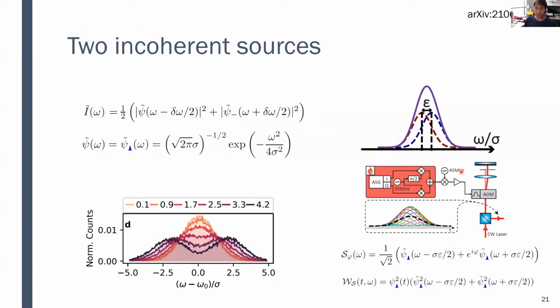So going back to the two incoherent sources, well, if we lose coherence, then the Wigner function loses the fringes, but it doesn't prevent our device from operating. And what we can get is that as we increase the separation of two simulated spectral lines, then we see that at the output of this exact device, we get two peaks, which correspond to two spectral lines. And the separation, clearly for small separations, is very hard to even estimate.